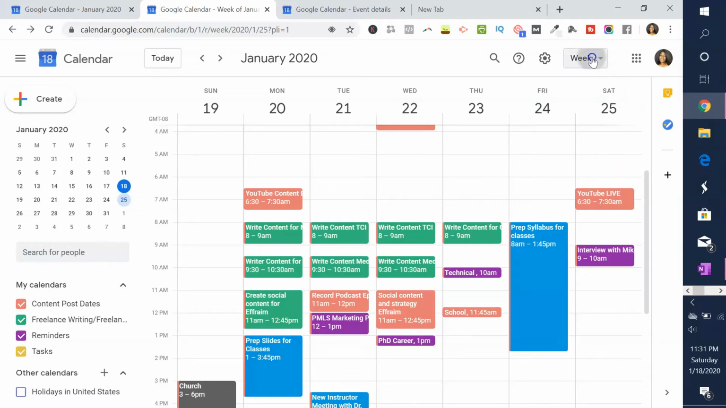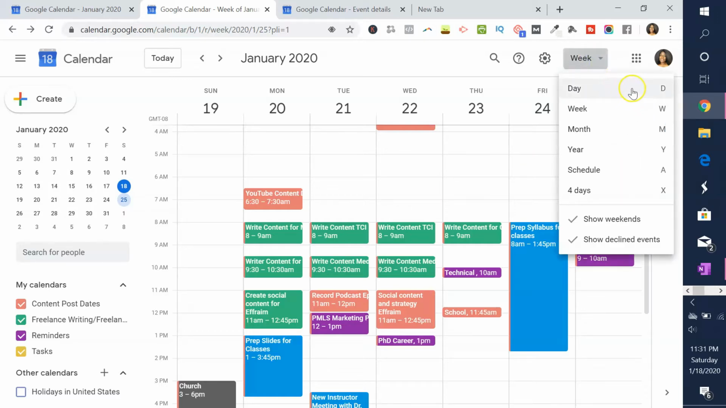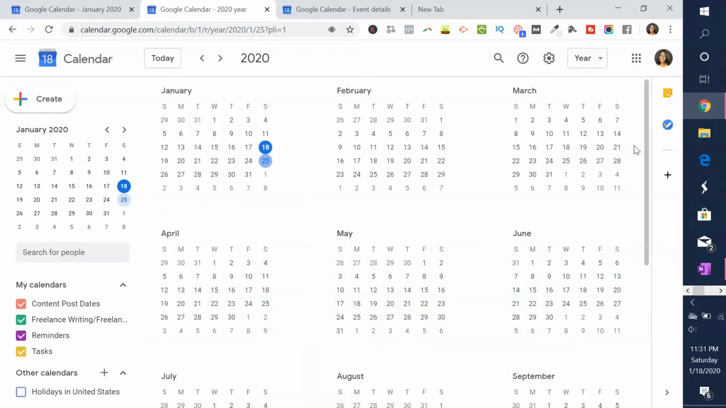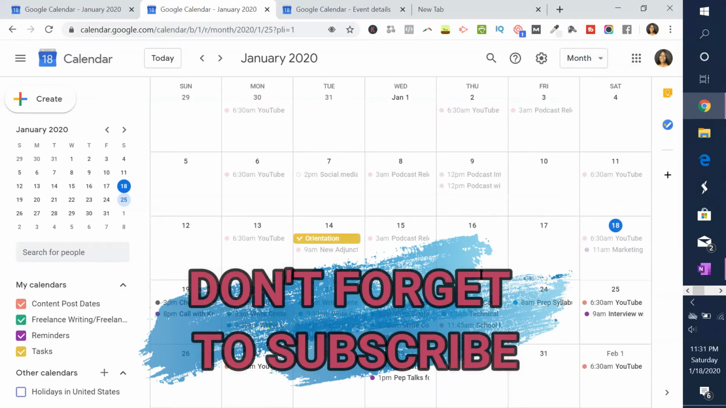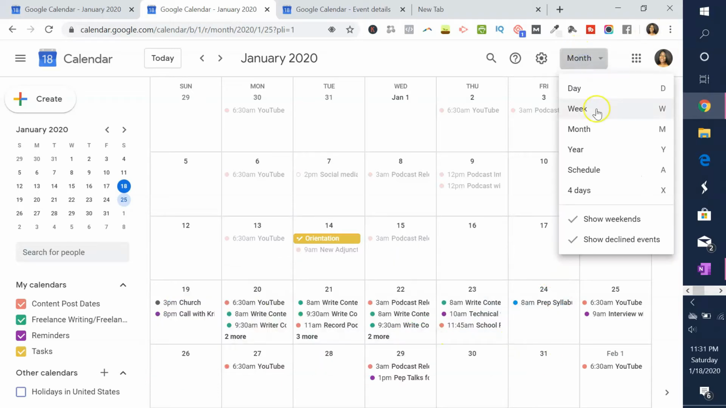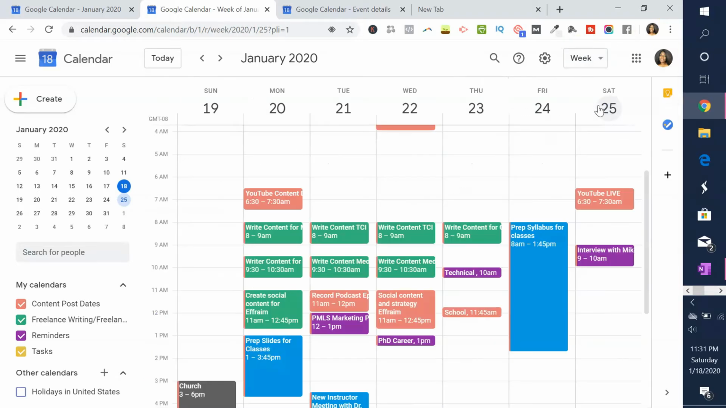Another thing with Google Calendar is that I can look at this on a daily basis, on a weekly basis, monthly, even yearly basis. Sometimes it makes no sense to look at it yearly. Like, this makes no sense to me whatsoever. But if I look at it on a monthly basis, it does, because I kind of get a feel for where everything is laid out,